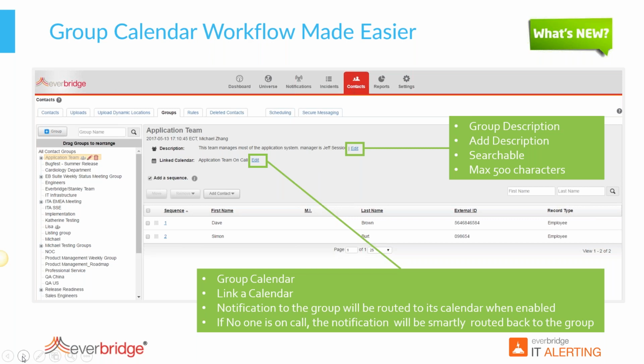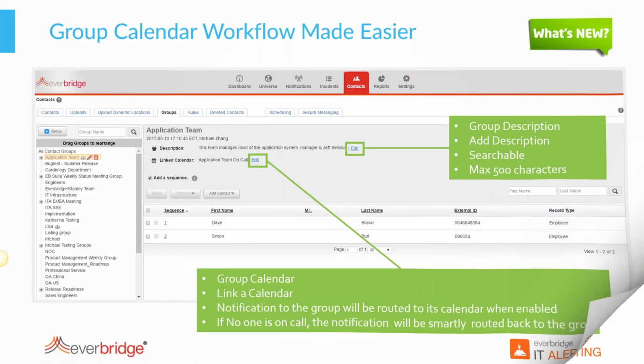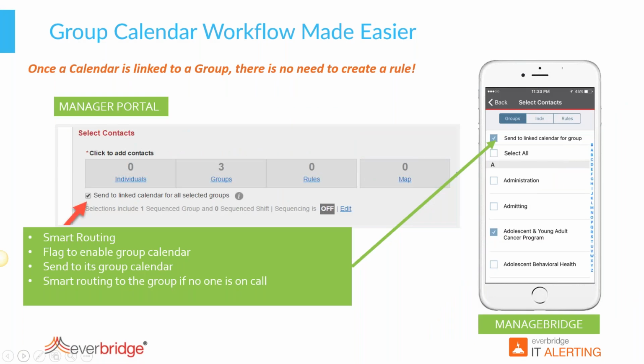If no one is on call, we have developed a smart way to reroute the notification to the entire group. So in any case, no one will be missing any alerts, because if they are on-call people, they will receive the notification. If they're not, automatically the system will know that it has to notify the group. That's first. The second improvement is